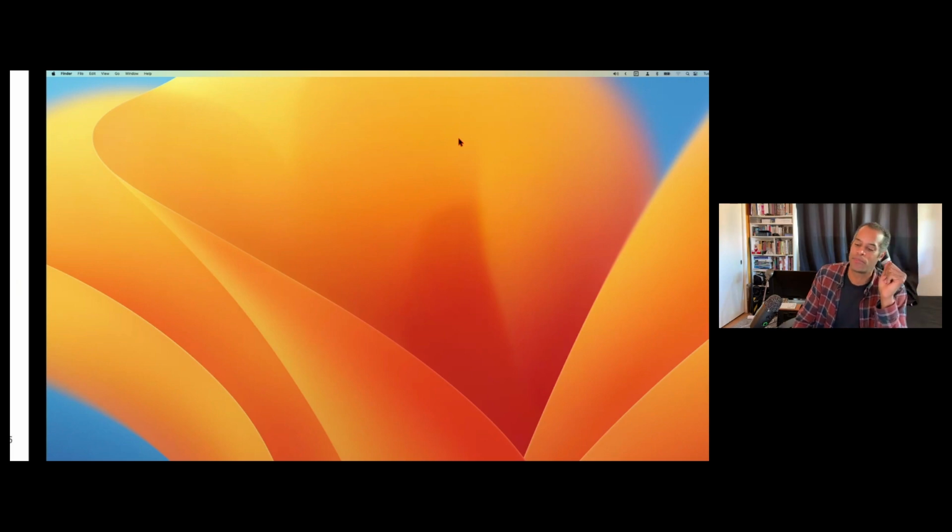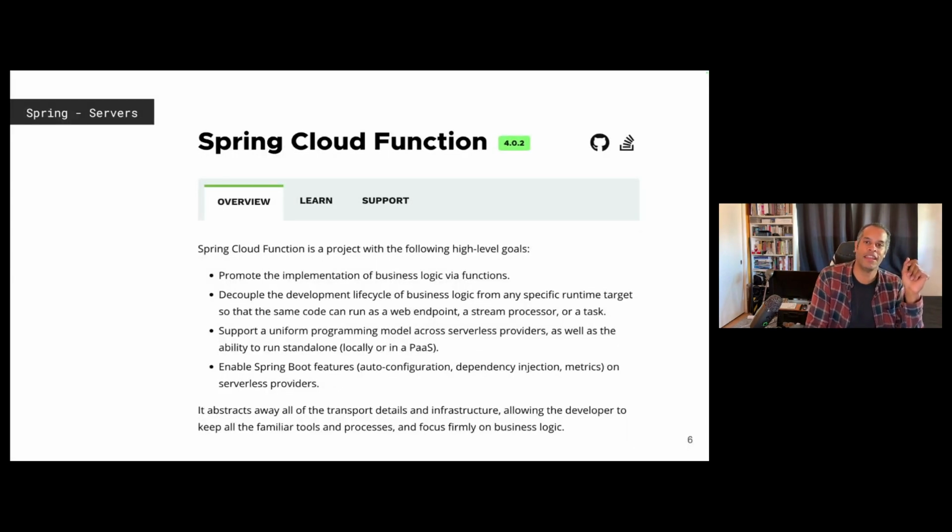Now, because Spring Cloud Stream is such a project that is worth mentioning, at least for a very long time, you are probably using Spring Cloud Stream in various places. You probably also know about Spring Cloud Function, which is the FaaS variant of Spring Cloud Stream. In other words, you're able to deploy individual functions with wrapper code that do the same thing as a stream does, only this is just for FaaS. This is going to give you a binary, and it's going to give you a container that runs a single function and then disappears. So these are ephemeral.